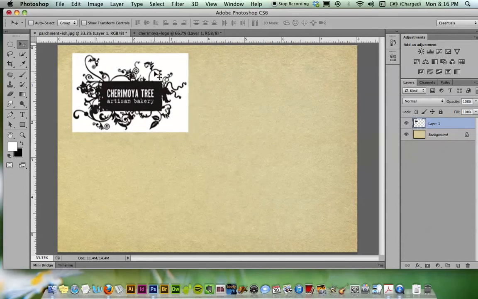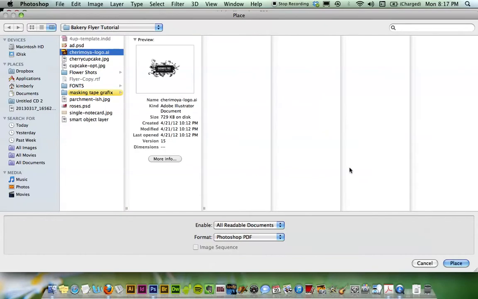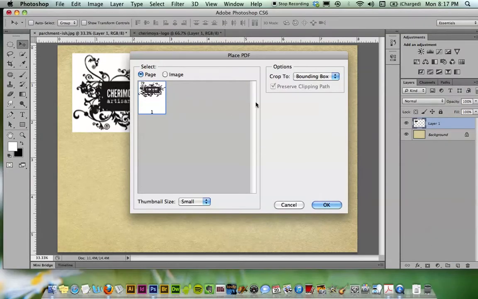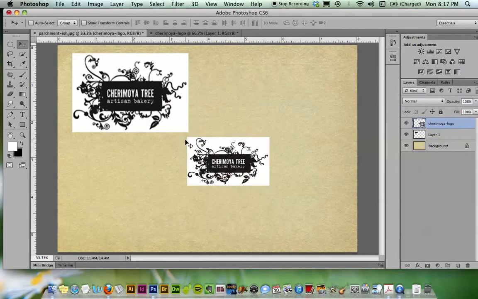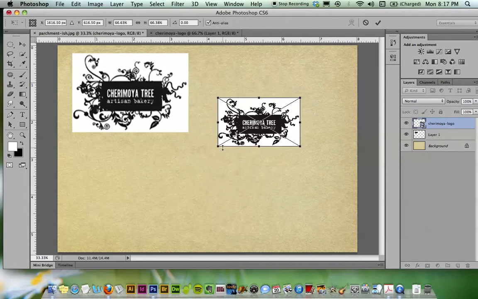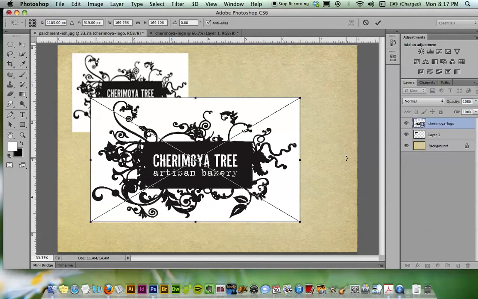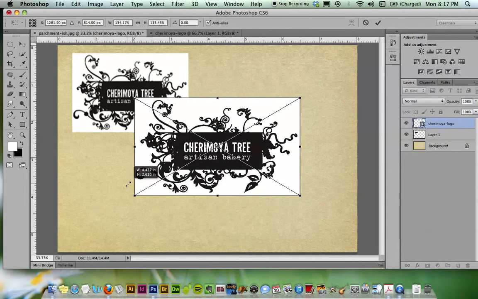The other way to do this is to create a smart object, and how you would do that is to not open it but place it instead. By placing the very same Illustrator logo, you see it doesn't really ask me how big I want it, and it comes in with a bounding box so I can decide how big I initially want it, but it doesn't matter, because if I start transforming this like I did before, you can see that as many times as I do Command T and make it small or big or whatever I do to it,